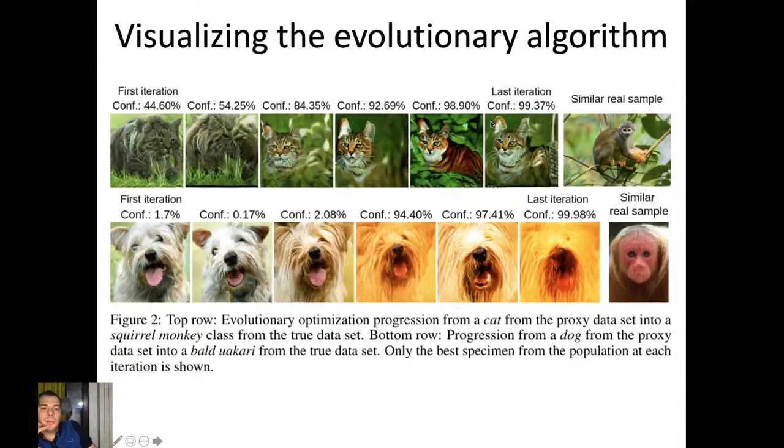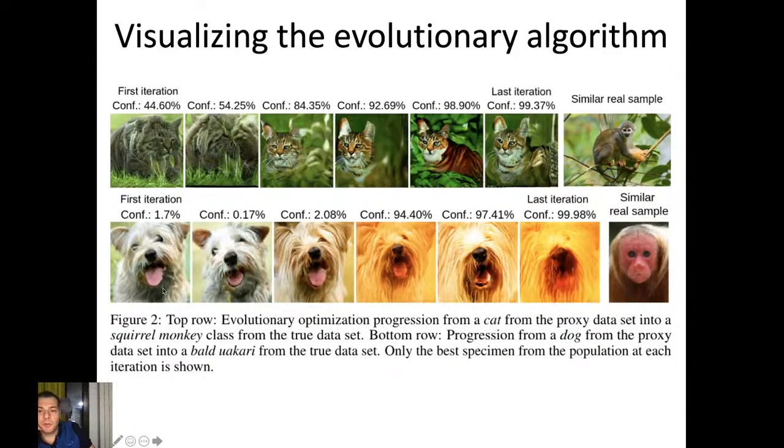This image is labeled with very high confidence to this class, so essentially this is an adversarial example for this class, but we use this adversarial example to train the student, to make sure that when the student sees this image, it will give us the label squirrel monkey. The same happens to this other example.